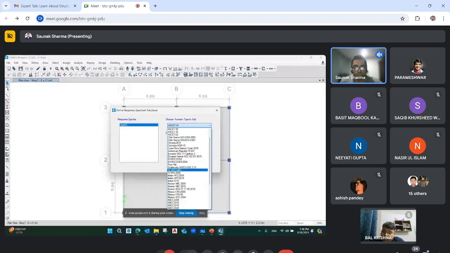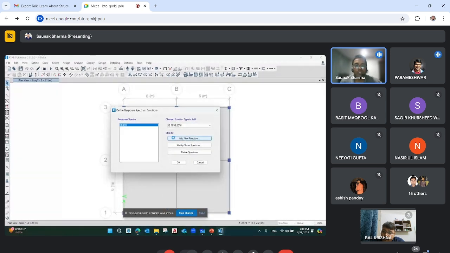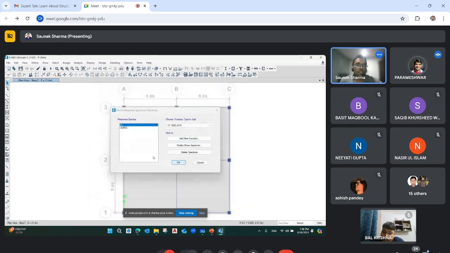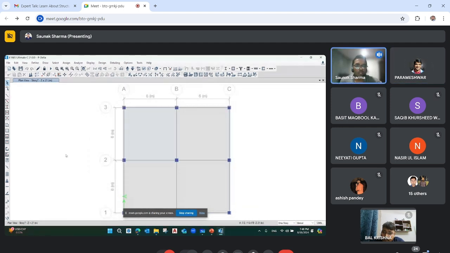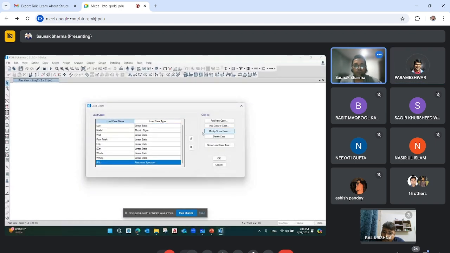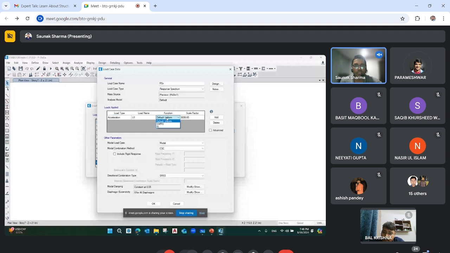इंडियन कोड का फंक्शन डिफॉल्ट है इधर, ये ऐड कर देंगे। IS कौन सी जोन में है, इधर अभी डिफॉल्ट डाल देते हैं। अब यहाँ इधर क्या करते हैं कि रेस्पॉन्स स्पेक्ट्रम में हम ये IS डालते हैं। अब इधर जो भी डाटा डालो आपको, मैं अब 552 कर देता हूँ।